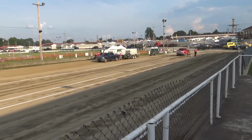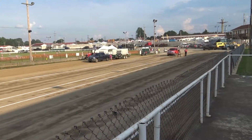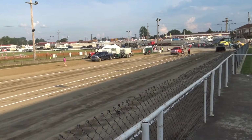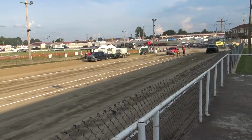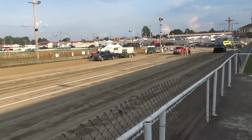So they're coming up with a rematch. First two that we have down the track. If you remember, the Ford took the lead, or took the win in that last round, but they switched lanes just in the idea of fair competition. Let's see this time if that Chevrolet can keep the lead here, if that Ford's going to gain on them